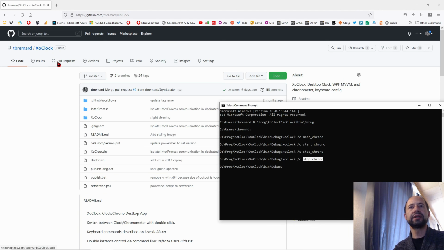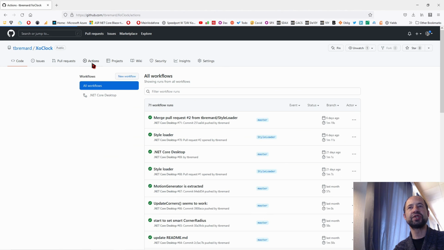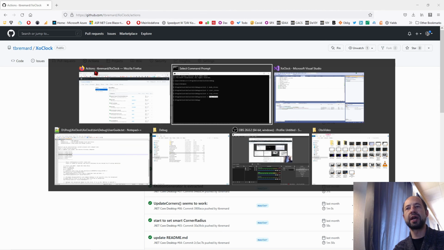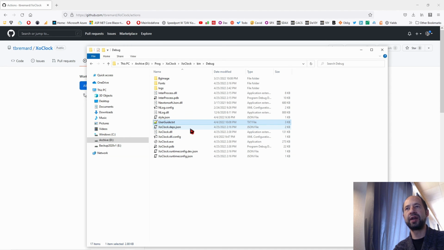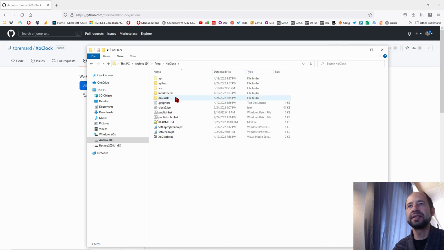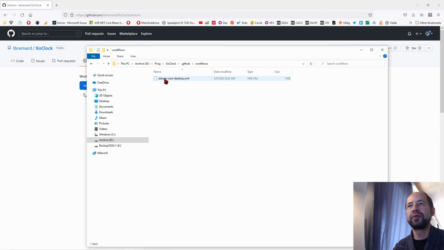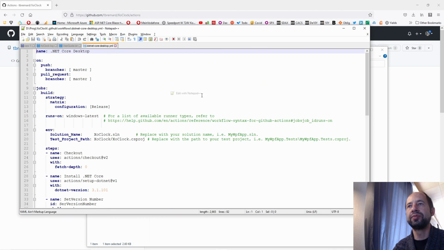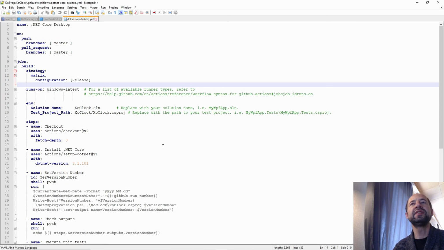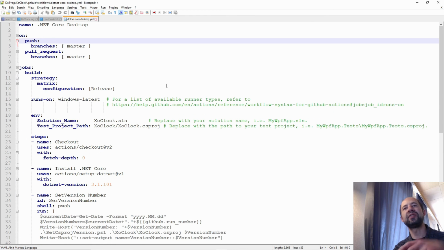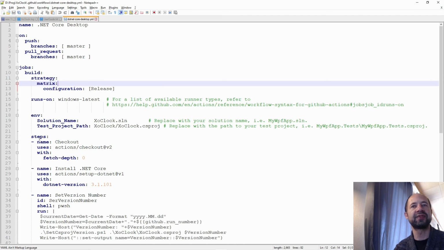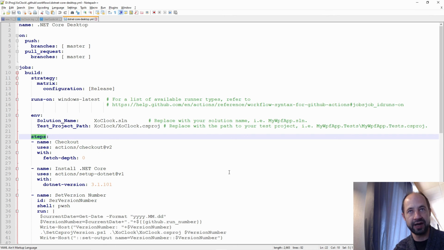To do this, GitHub has a feature which is called Actions, and you can program it via a file which is called a YAML file, which is in fact here in the GitHub workflow folder, and here I can open it in Notepad. So this YAML file is defining, this is like source code, but for the automatic build pipeline. And you can configure it and add some steps to create a release file. So let's look at it.